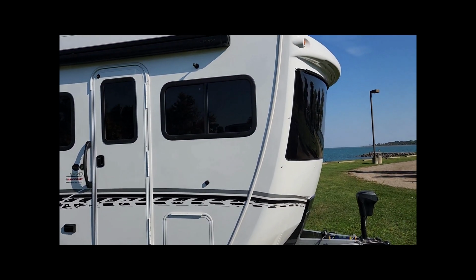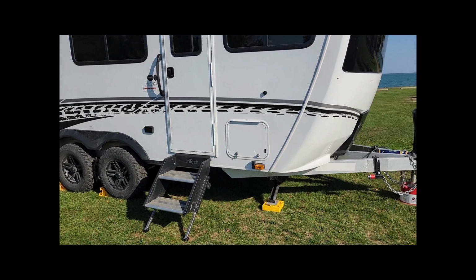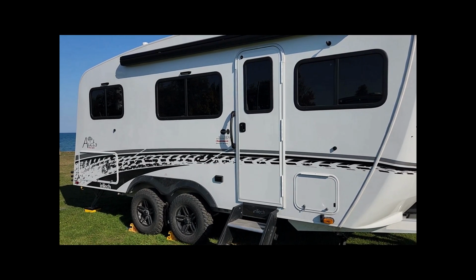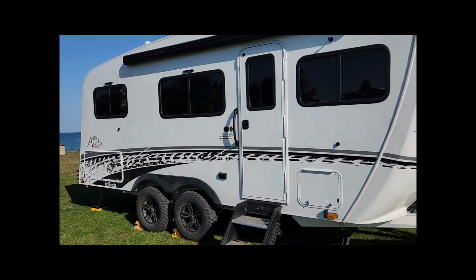Okay, so this weekend we're at Huron County Lighthouse Park, which is a county park up just a little bit north of Port Hope, which is near the tip of the thumb in Michigan, on the east coast of the thumb, the tip of the thumb, kind of the thumbnail. Anyhow,